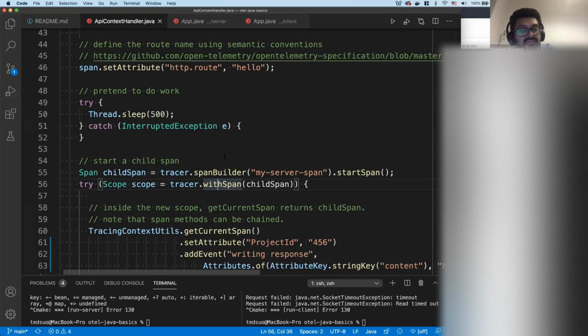There's a general point there, which is that ideally you want to centralize a lot of this work. You don't necessarily want to be manually doing a lot of this every time you make an async call, or in every handler.